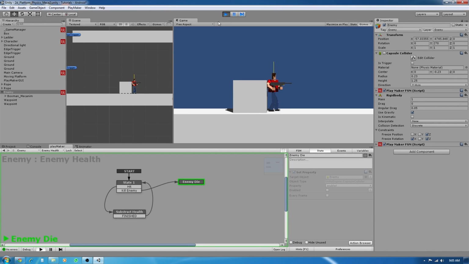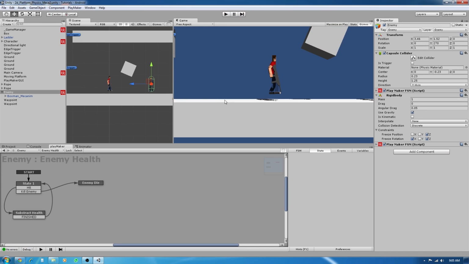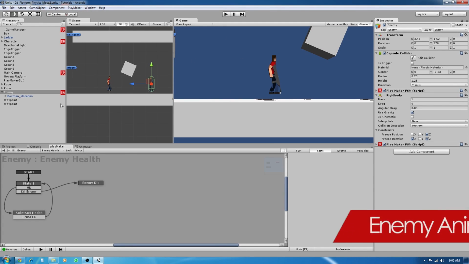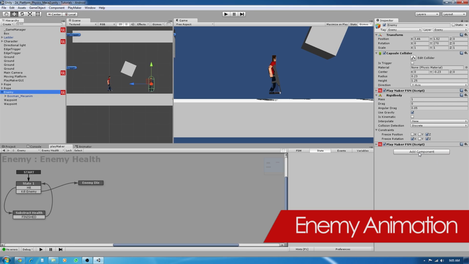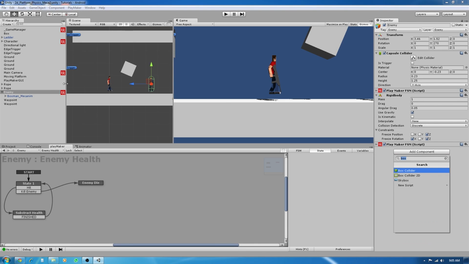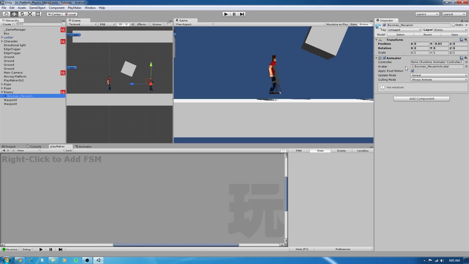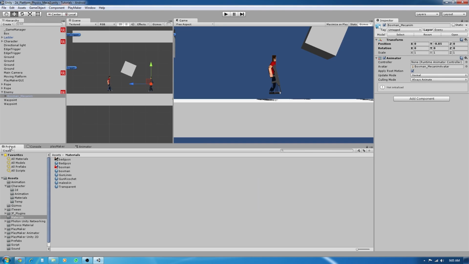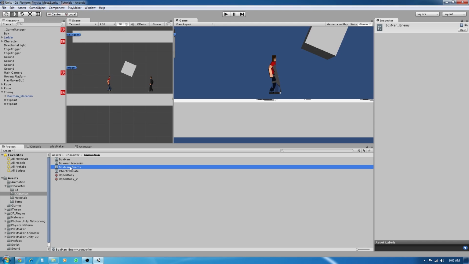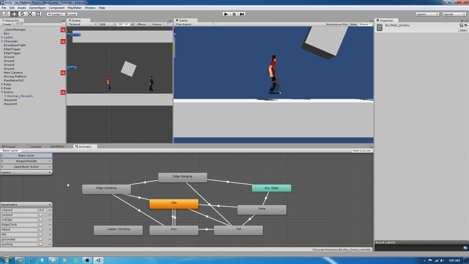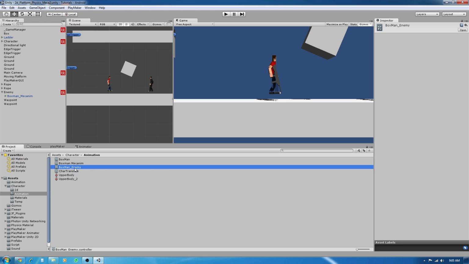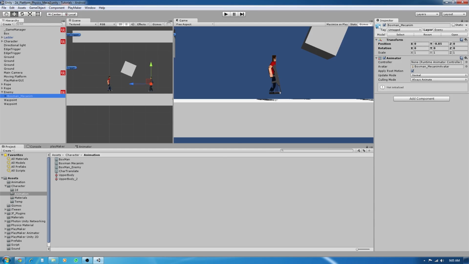Okay, now let's set up the enemy animation. So let's create a new animator for our enemy here. We already have an animator, of course, because it is a mechanim object. And then let us create a new controller for the enemy. I've already created a state for the enemy, but I don't think that is the enemy. Okay, sorry. Let us create a new